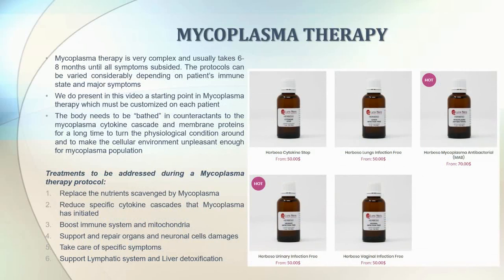And here is the Mycoplasma therapy protocol that we propose. Mycoplasma therapy is very complex and usually takes 6 to 8 months until all symptoms have subsided. The protocols can be varied considerably depending on the patient's immune state and major symptoms. And we present in this video, therefore, only a starting point in Mycoplasma therapy, which must be customized to